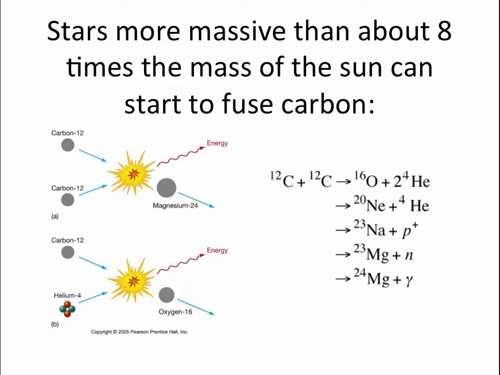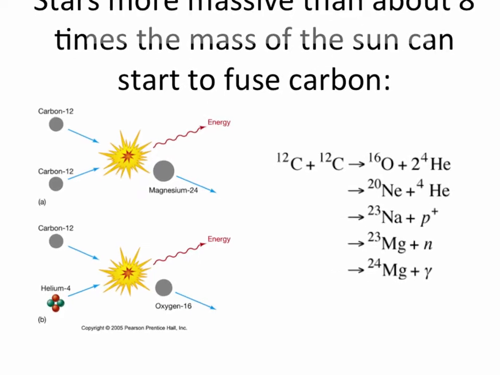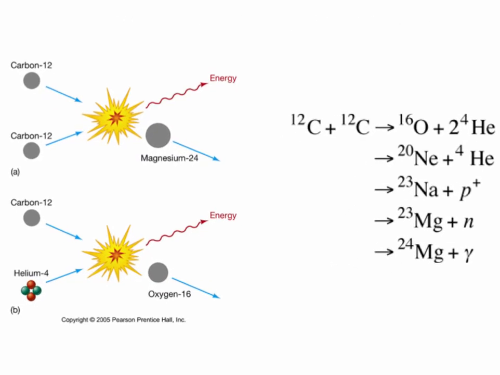However, when you get to about 8 times the mass of the Sun, now gravity can squeeze the core enough that before we get to this degeneracy, the temperature gets high enough to allow carbon to begin to fuse. Now, carbon can fuse by several routes. I don't expect you to memorize these, but I put them up here to show you some of the things